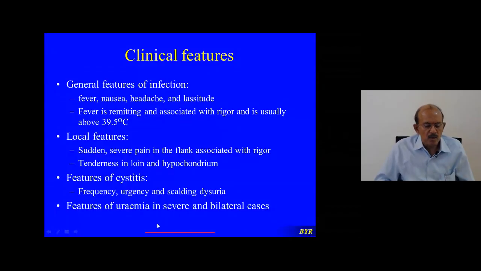Yes, Streptococcus can initiate the autoimmune process in the kidneys, but Streptococcus is not the direct cause of glomerulonephritis. It is an indirect cause. Okay. So in severe bilateral pyelonephritis, patients can go into renal failure.